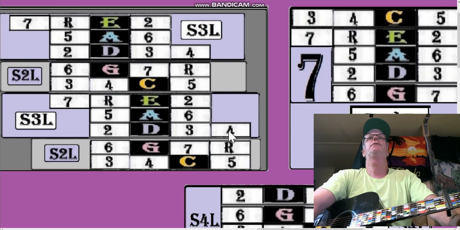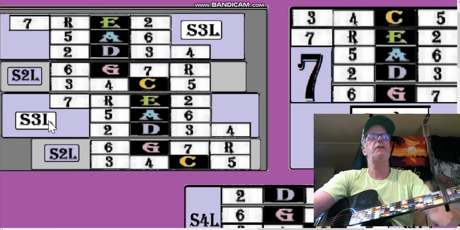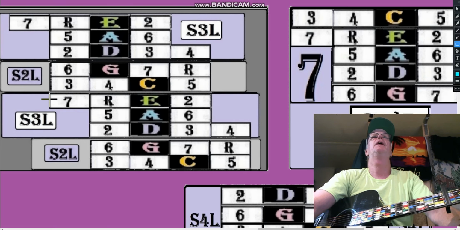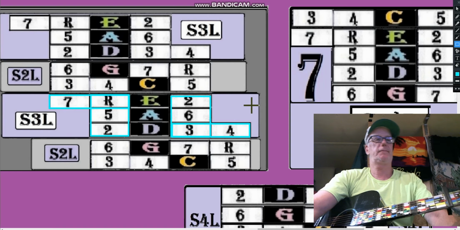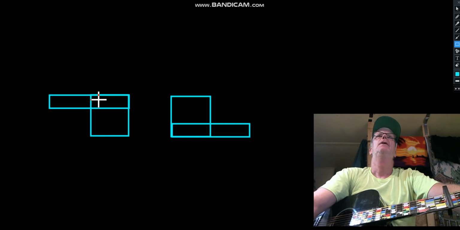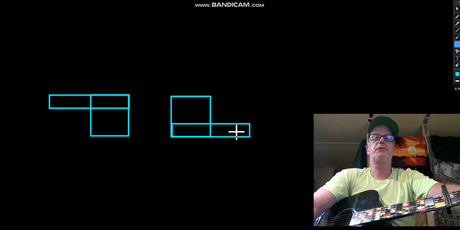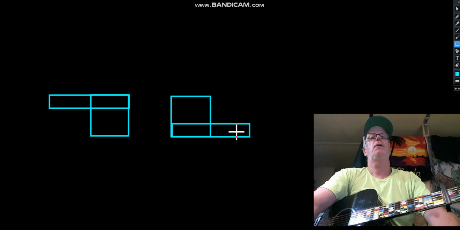Okay, so we've got 2, 3, 4, 5, 6, 7, root, 2 in the S3L, and yes, this is a 7L shaped diagram here, and I'll show you what I mean by 7L. Here we've got our 7, and here we've got our L, and this I consider like a mini 7L diagram, like that. And there it is. There's the 7L. So that's the shape of an S3L, and it's also the shape of an S5L. Okay? Now, an S4L does not